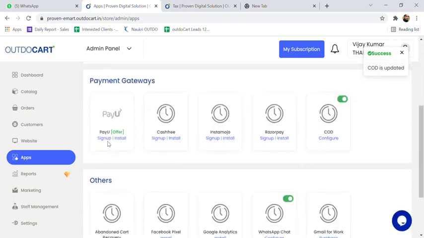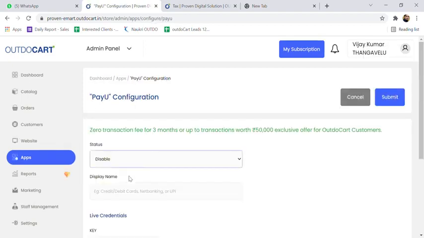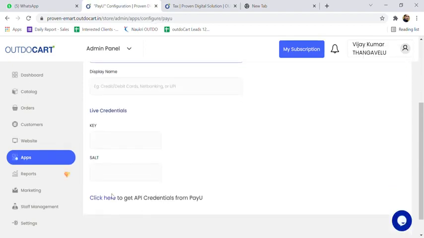Similarly, for the payment gateway, if you don't know how to create your payment gateway account and do the process, let's say for example you want to use PayU. You have to install the application first. After installing, you have to enable it. If you don't know how to create this, you have an option here: click here to get API credentials from PayU. So once you click here,